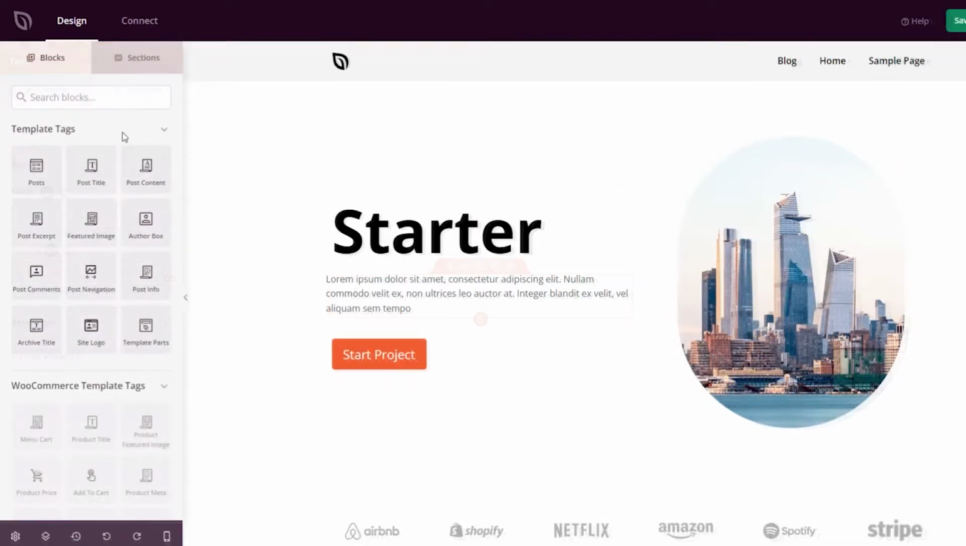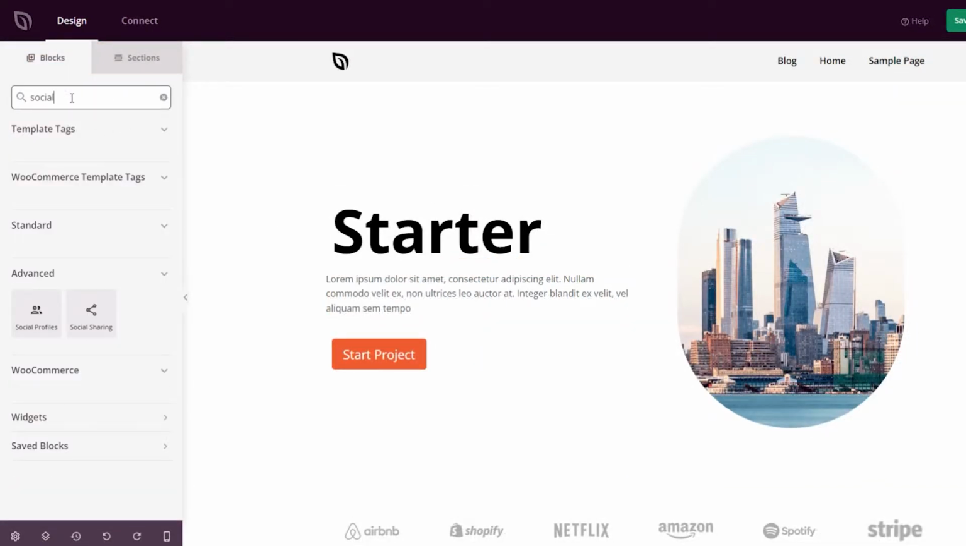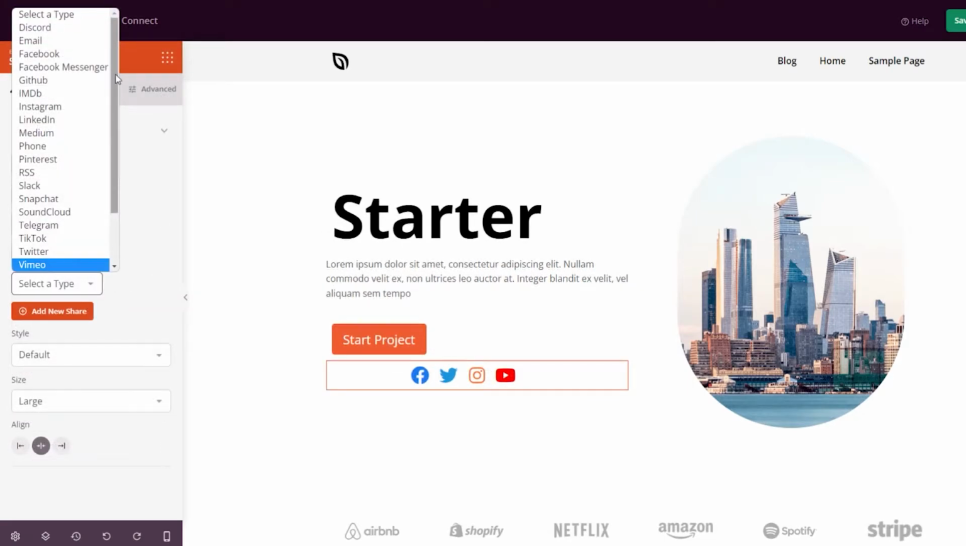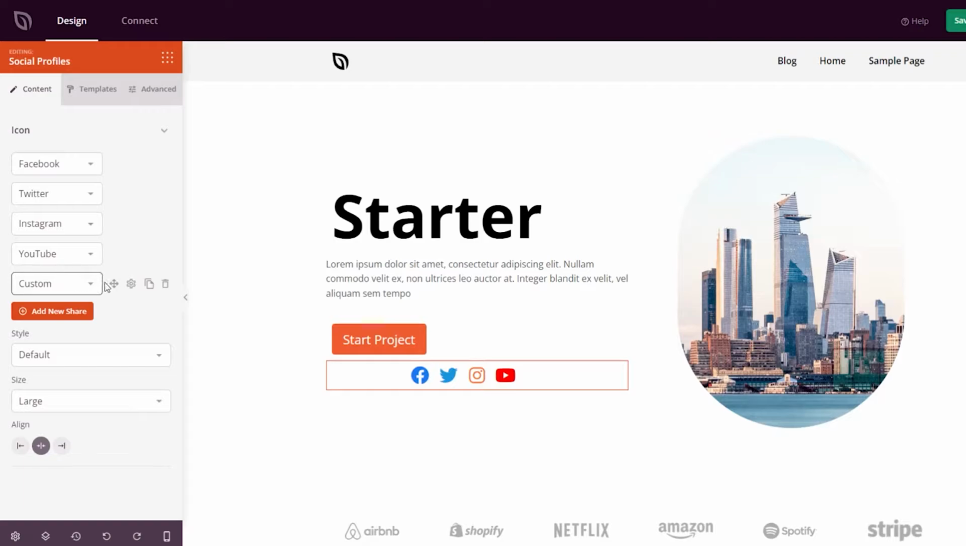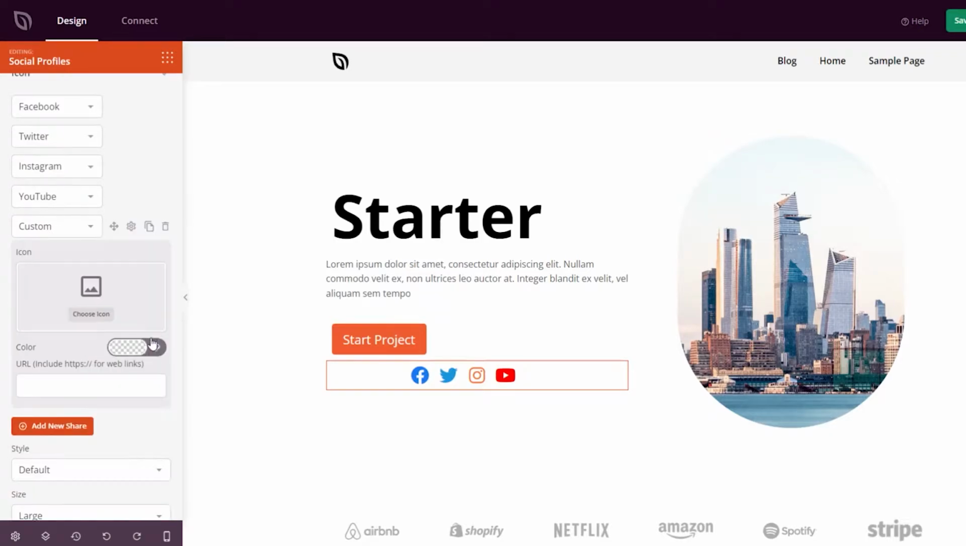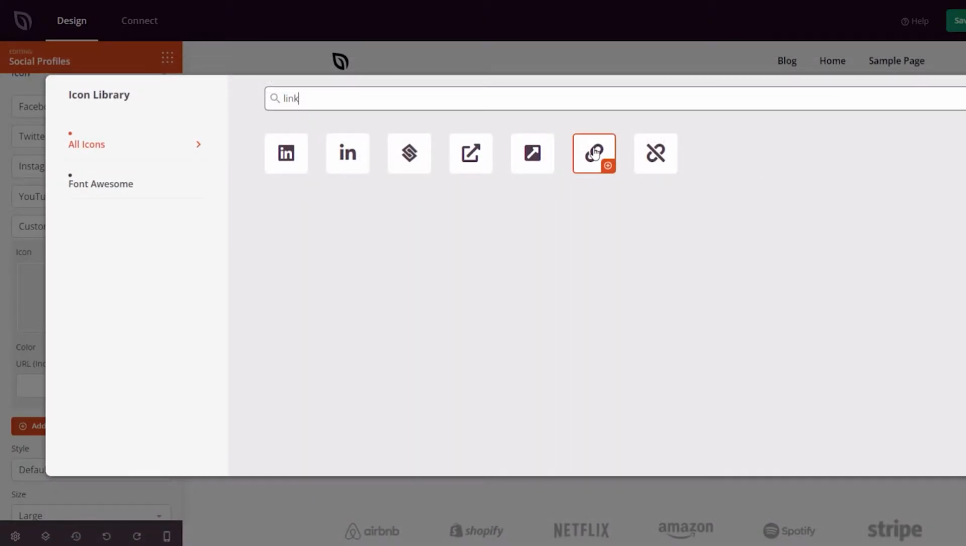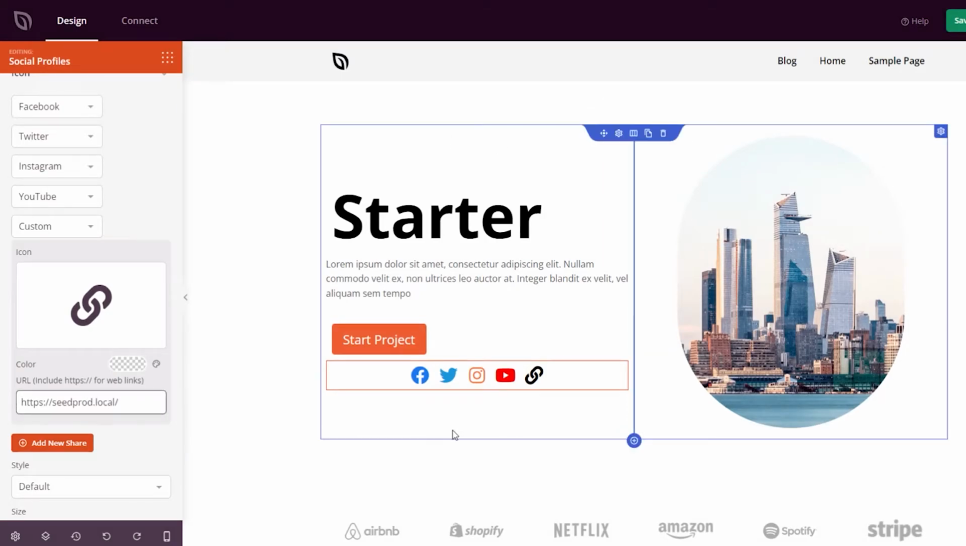Another improvement we've made is to the social profiles block. We understand that there are many more platforms available than the usual social suspects, and the easiest way for users to find you there is to add a clickable icon to your website. Besides allowing you to choose from 23 social profile icons, you can now add custom social profiles to your website